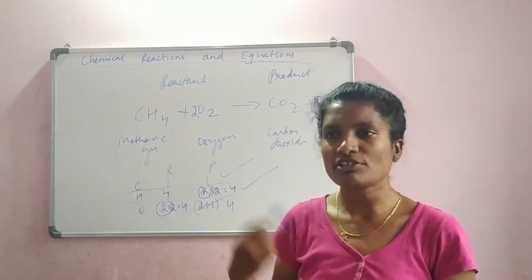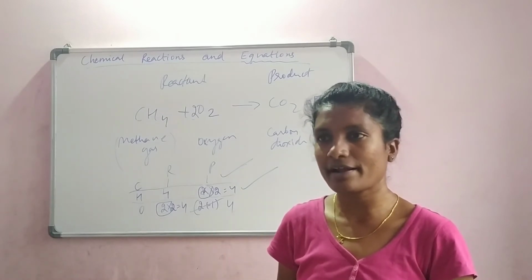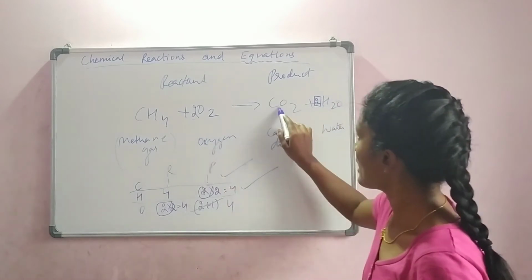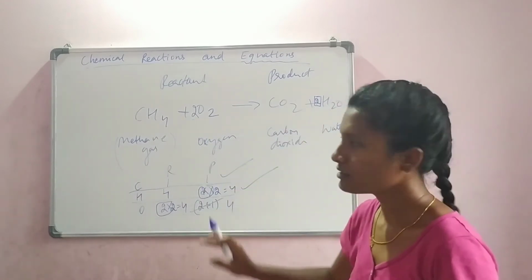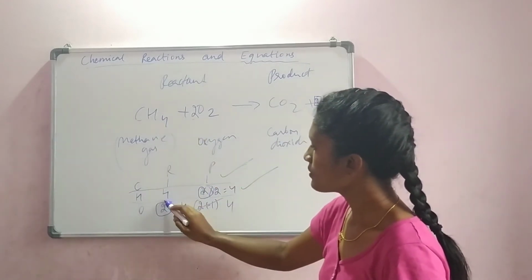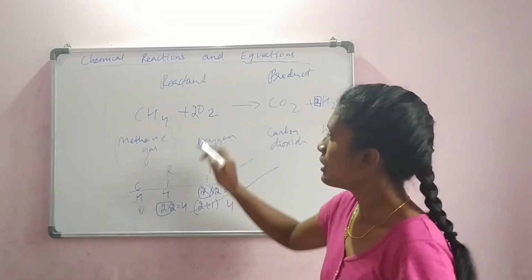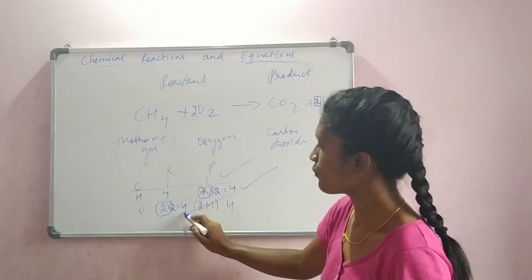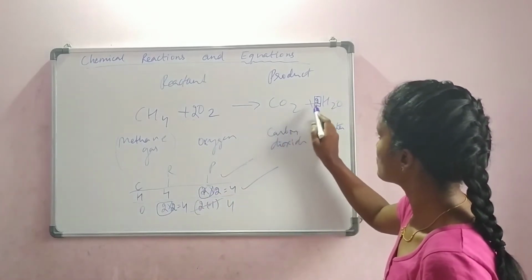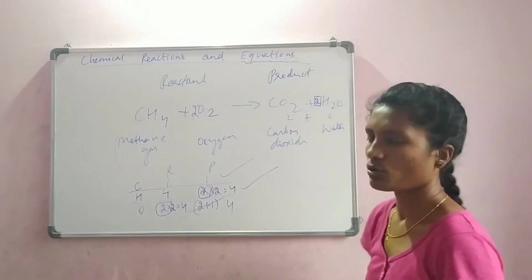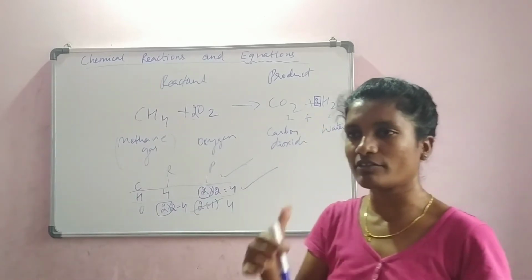Now check your equation again. Did we alter any other atoms? Carbon 1, carbon 1. Balanced. Hydrogen 4. Hydrogen 2 times 2, 4. Balanced. Oxygen 2 times 2 is 4. 2 plus 2 times 1 is 2. That is 2 and a 2 gave me 4. Yes, it's balanced. So we have done our job.